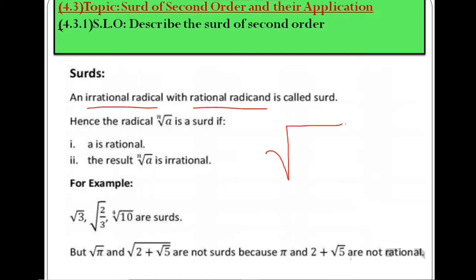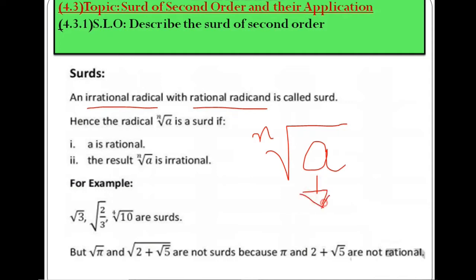Okay, here this sign is called the square root sign, the radical sign. Fine. This A is called the radicand. Whatever is inside the radical sign, meaning under the root sign, is called the radicand, and this N is called the index of the radical. Radicand means whatever is inside the radical sign.